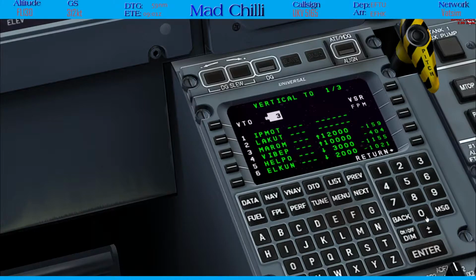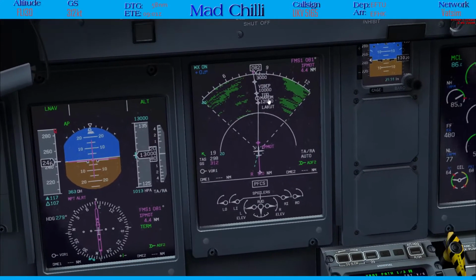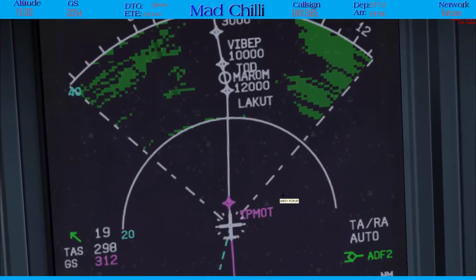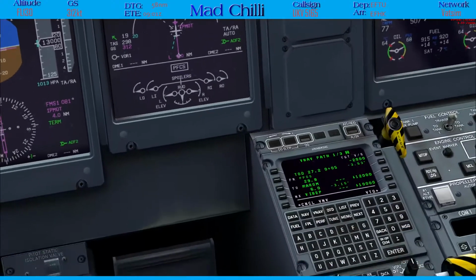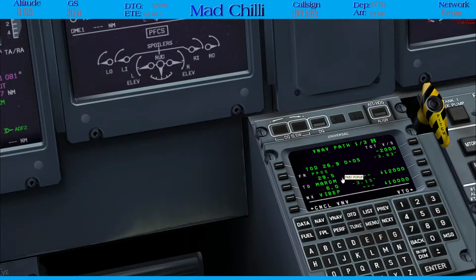So we'll put in number 3 as our initial descent. Put that in. And 27 miles, so just before Marom. What? That doesn't make any sense. No, Marom is in... Yeah, that's correct. Okay, so I think we'll have to do the descent manually today. At least below... What I'll do... Okay, we'll cancel VNAV. What I'll do, I'll hit VNAV. And I'll take VNAV...